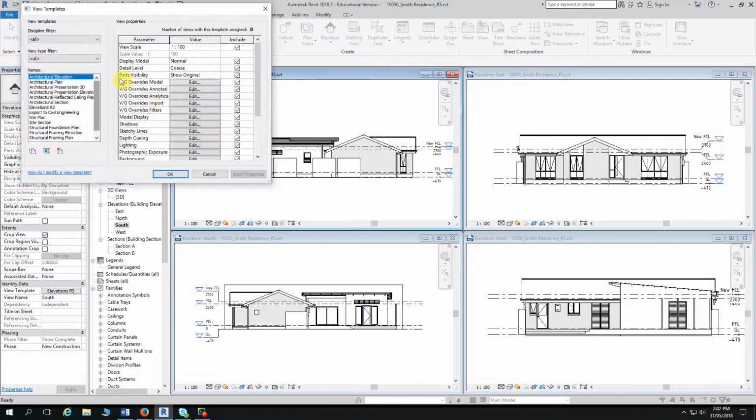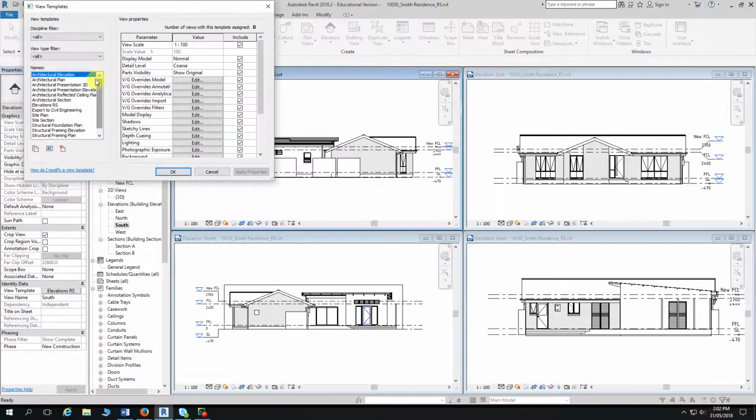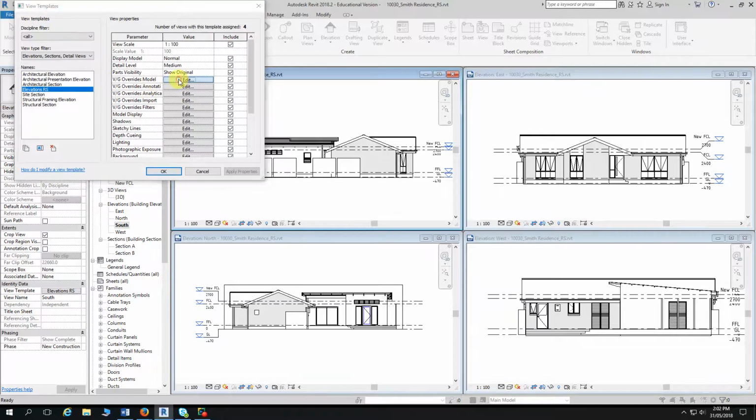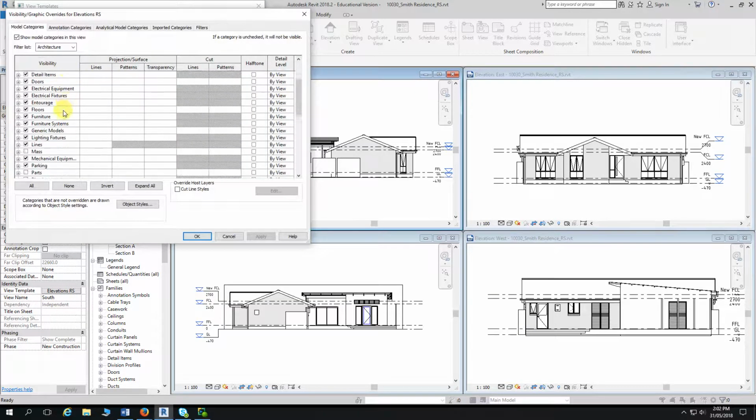Sorry. The reason that didn't work, which catches me out every time, is the fact that I didn't change to elevations, and I didn't actually highlight the correct view template. So if you're making a change to a view template that's applied to these views, obviously you'll need to select that one and then make a change within that template. So planting,